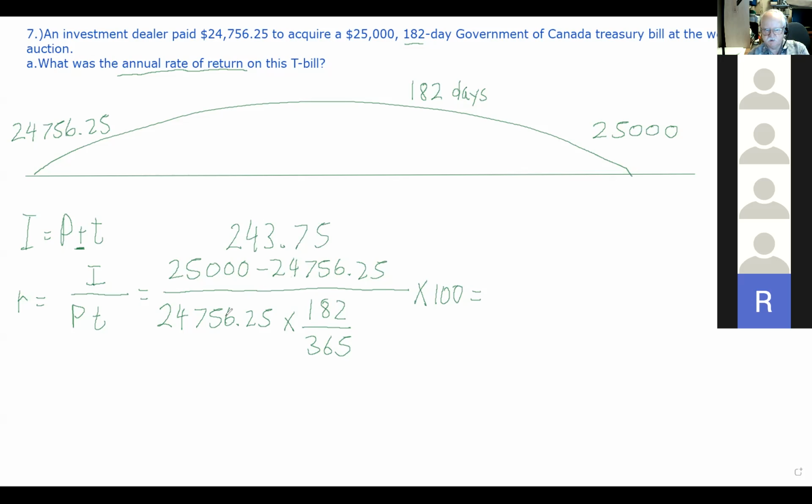And then I'd flip it into the numerator by going 1 over x and times 243.75 equals, and then I go times 100. And I am indeed getting